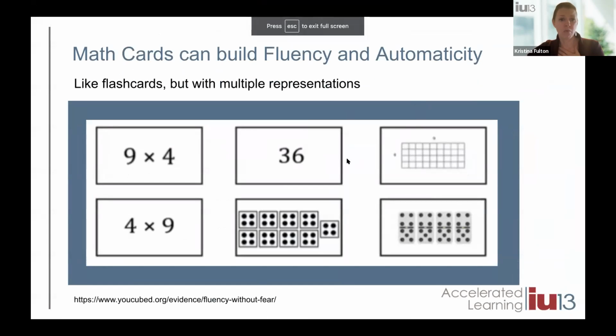This is one of the resources that I pulled from the U Cubed, the Joe Bowler article that I talked about earlier. They're called math cards, so not a really fancy name, but they're like flashcards, but they take the memorization piece away and let students be able to group cards in different ways. So these 6 cards are cards I would all group together because they all represent 36. So being able to recognize that 9 times 4 is the same as 4 times 9, I can represent it using dice. I can also represent it using dominoes. I can represent it in a drawing. I know that its result is 36. So it's like flashcards, but with multiple representations.